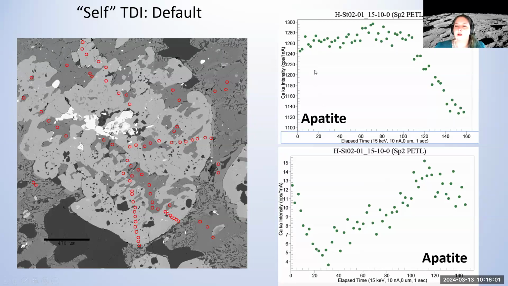Here are two analysis points, where in one I have a relatively flat curve and then a drop, and in another part of the phase I get a strong drop at the beginning, then an increase, and then it goes down again. So it's difficult at times to just assume, oh, I know I lose 20% of my intensities, and I just apply that correction to every single analysis,